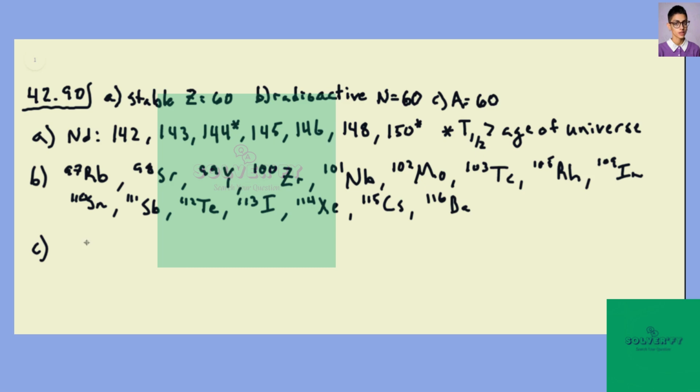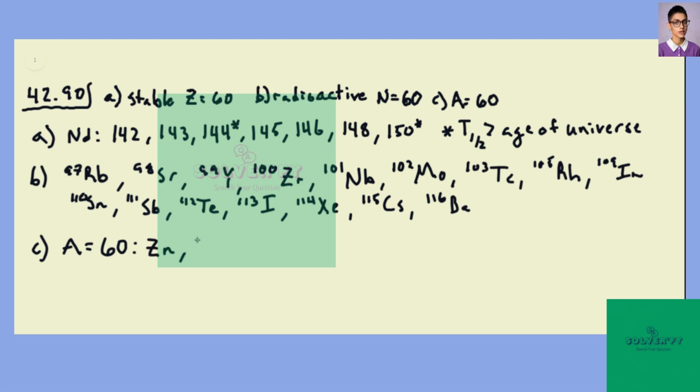So now we want all of the nuclides that have a mass number of 60. And in this case, writing down the element symbol plus the mass number is redundant, just like writing down the element symbol is redundant here. Strictly speaking, you should denote that this is the isotope of this element, but for the purposes of writing this down in a reasonable amount of space on the whiteboard, and reasonably neatly,